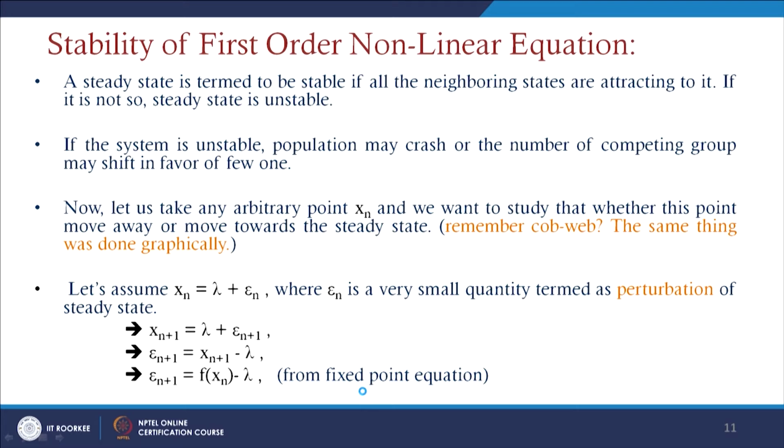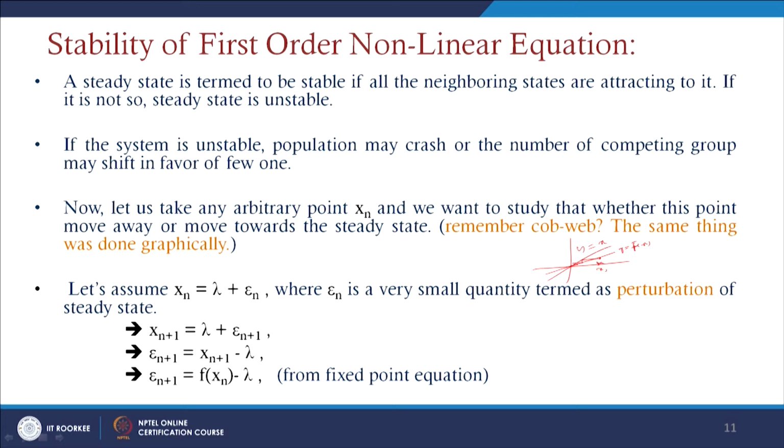If you see the cobweb method, first we plot the graph y equals x, and we have the functional curve y equals f of x for any function. First we put the point x_0, then we get a functional value, then we draw the perpendicular, and then we move this way. Again we do the same and move towards the origin. The same thing we can do graphically here also.